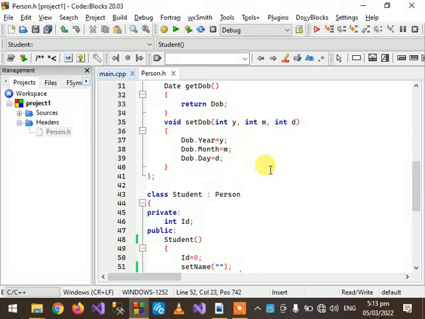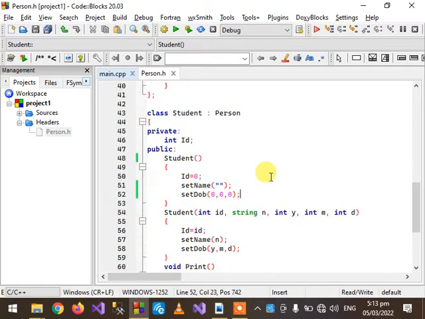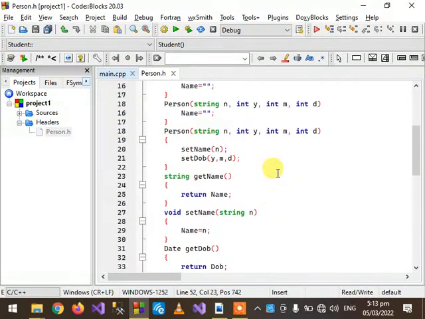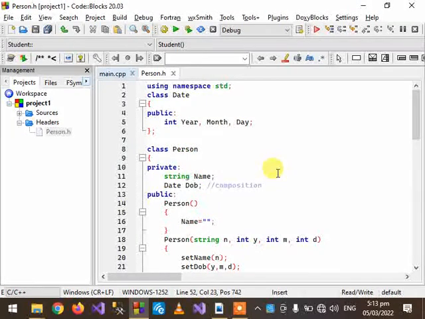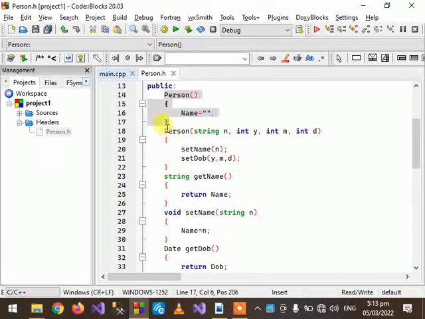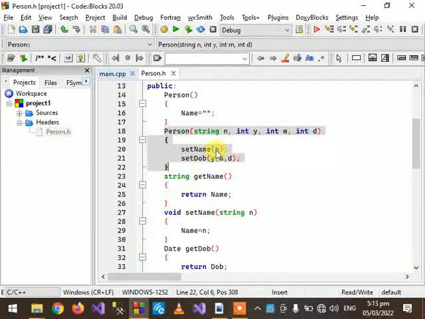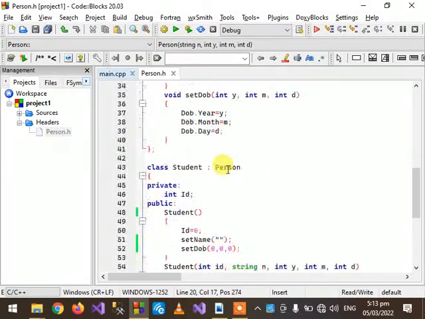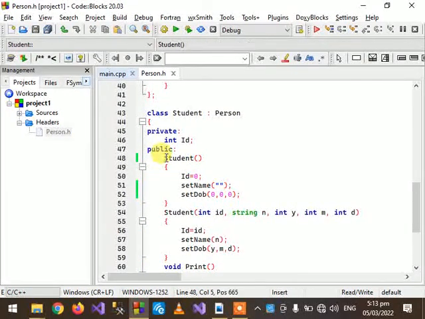Okay, in this video we will see how we can call the constructor of a parent class from its child class. We have created this project in inheritance project 1, and you can see that we have created this person class, and this person class contains a parameterless constructor, and this is the parameterized constructor, and we have this child class